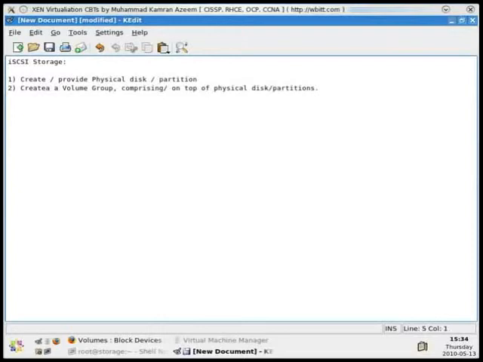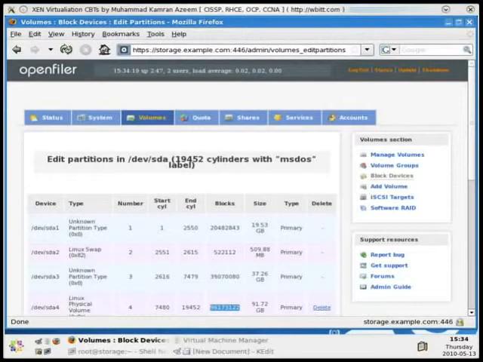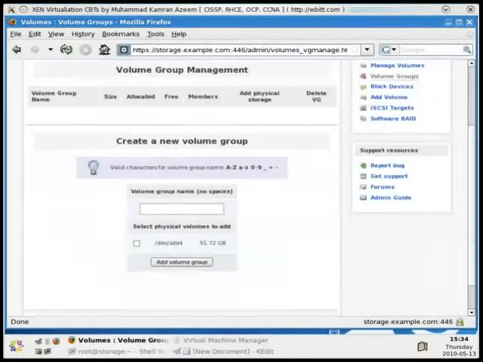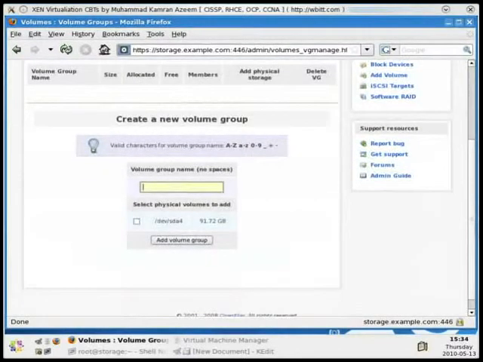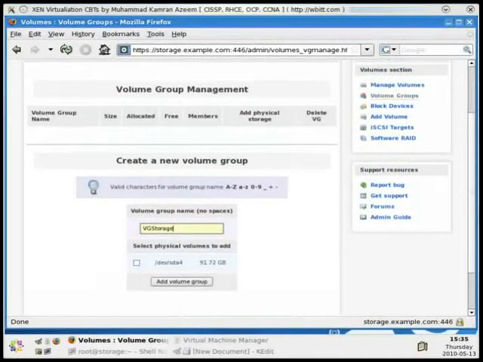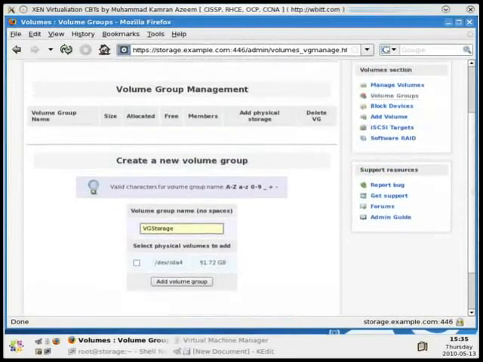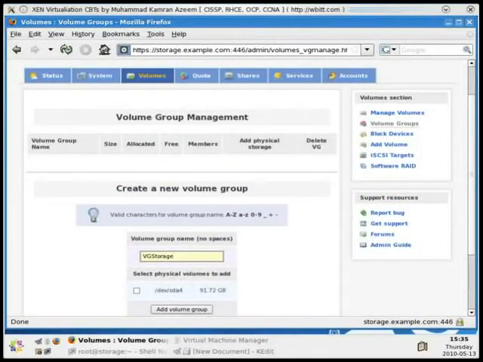And how would you do that? You go to volume groups and you see that there is no volume group defined till now. You can create a volume group like volume group storage, and you use SDA4, which we just created through the OpenFiler interface. I wonder why it's not showing